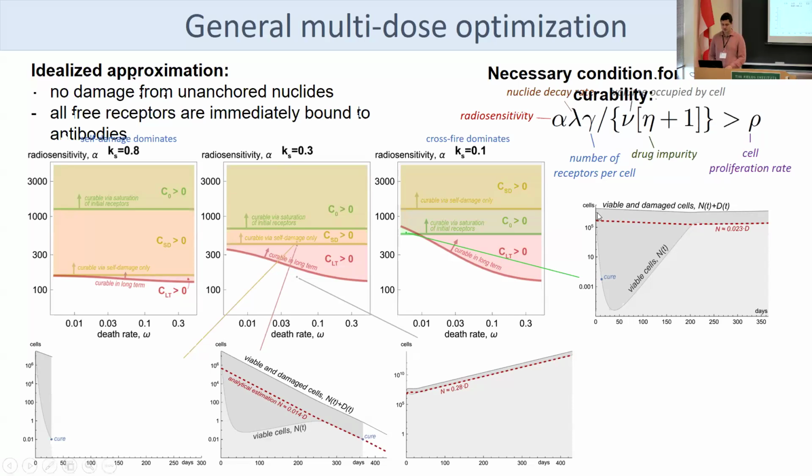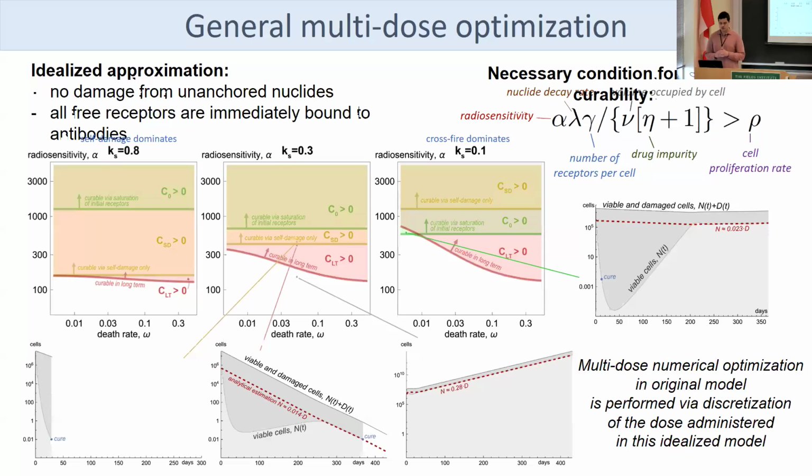So the response of cancer to the initial dose resembles a pendulum swing that may or may not cross a curative threshold. And the long-term drug infusion is similar to a push with a constant force that just may not be enough for cure. And this idealized model is useful not only for such qualitative understanding, but it was also used for multi-dose numerical optimization. Namely, I discretized the dose administered in this model in different ways and used the thus obtained schedules as initial conditions for the multi-dose optimization